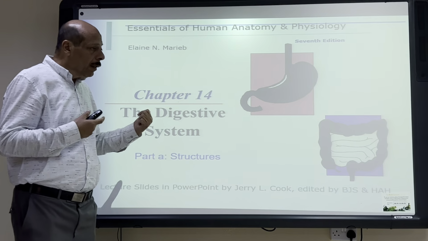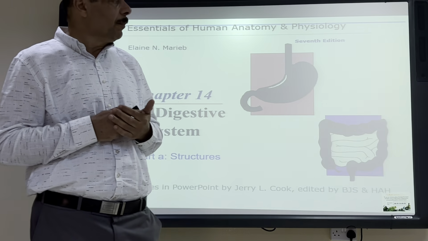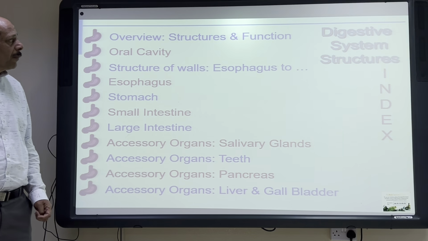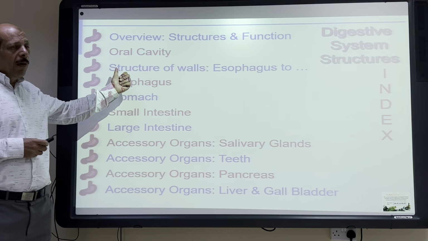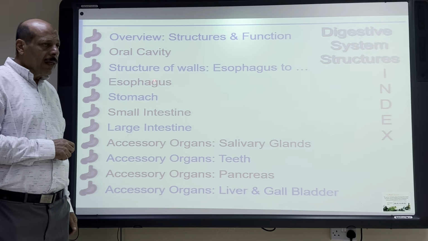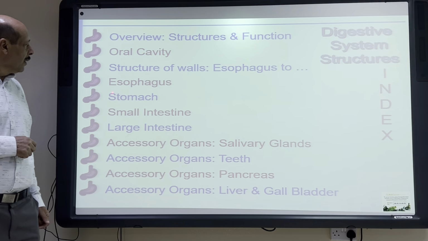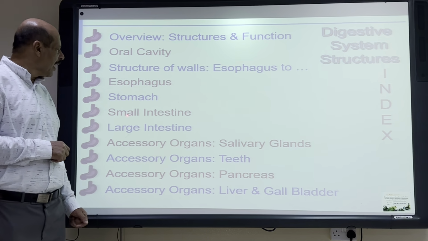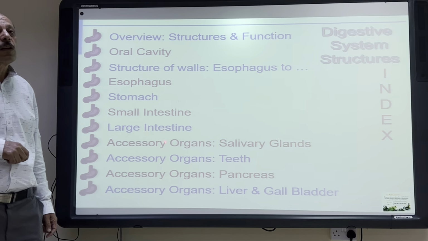So, at the beginning of this lecture, we will start with the structure of the digestive system. We will take an overview of the structure, starting from the oral cavity. Then we will discuss the esophagus and the passage of food through the esophagus. Then it will go to the stomach. We will see the structure of the stomach, then the small intestine, large intestine, the accessory